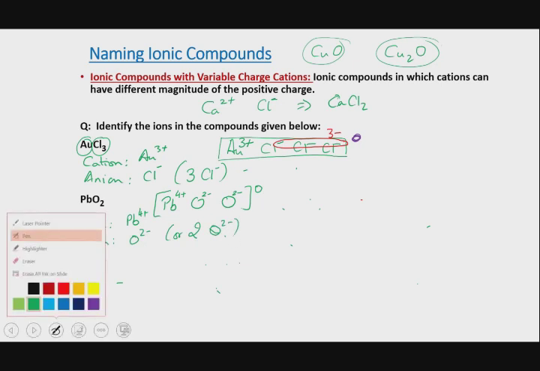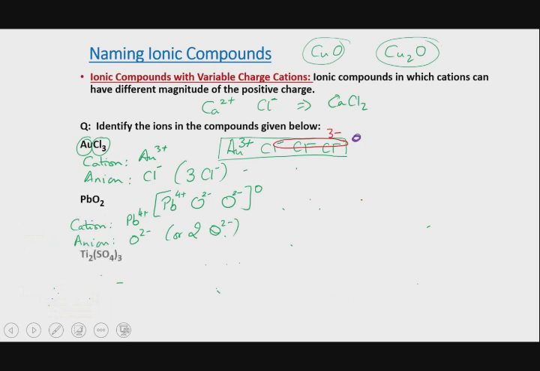Okay, now I would ask for you to pause the recording for a couple of minutes while you answer the same question for this next compound. If you worked it all out correctly, remembering that the anions are sulfates, so in this case you have 2 titaniums in one formula unit and you have 3 sulfate ions in one formula unit. Each sulfate ion has a charge of 2 minus. How do you know this? You memorized this in the previous chapter, so you do need to remember that,